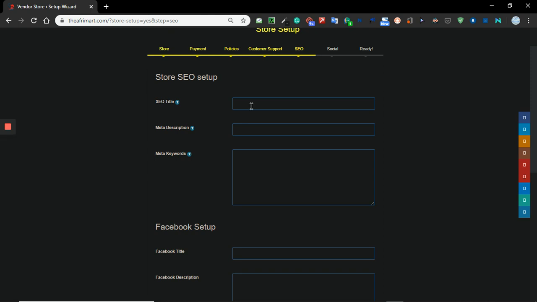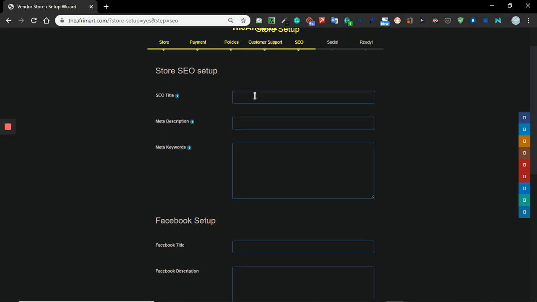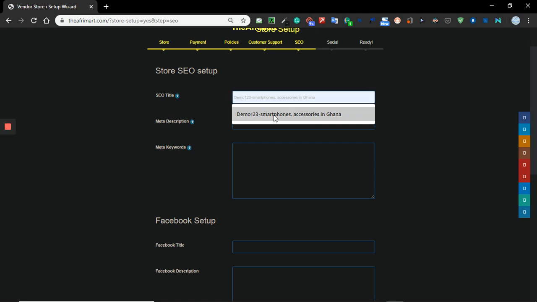So here, you have to give your search engine a title. For instance, I have Demo 123, I sell smartphone accessories in Ghana. But because my shop is now into, let's say, kids' clothing, I'm going to go with